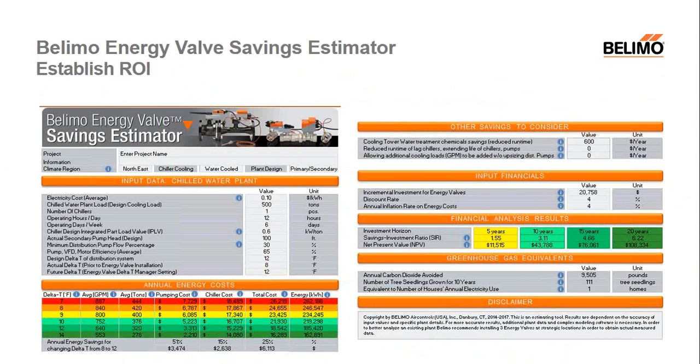In terms of estimating what the valve could save going in, we also provide one further tool, which is an Energy Valve Savings Estimator. And this is used before the valves are installed to estimate what the potential savings could be by installing energy valves on a particular project. So what this tool utilizes is system parameters that are put in based on the job. So the electricity costs for the area in kWh, information about the plant, how many chillers, how often those chillers are operated, pumping requirements, current delta T, future delta T, cost of the project, and